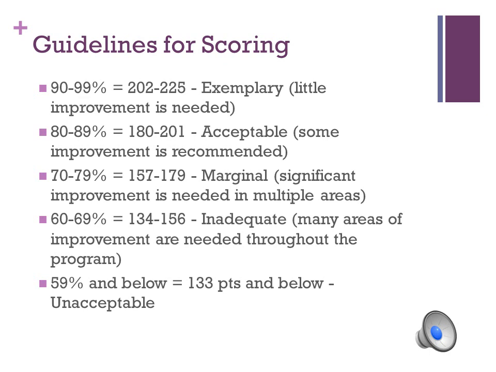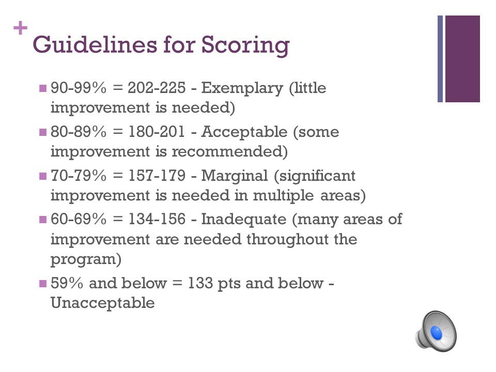The latest guidelines for scoring, based upon the 2014 instrument, are: 90 to 100%, or 202 to 225 points, would equal an exemplary program. 80 to 89%, or 180 to 201 points, would be an acceptable program. 70 to 79%, or 157 to 179 points, would equal a marginal program. 60 to 69%, or 134 to 156 points, would be an inadequate program, and then anything below 59%, or 133